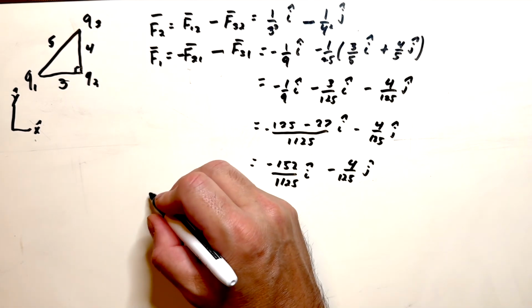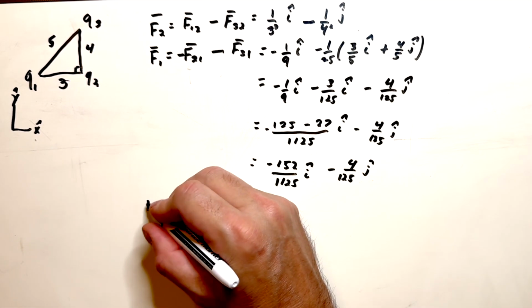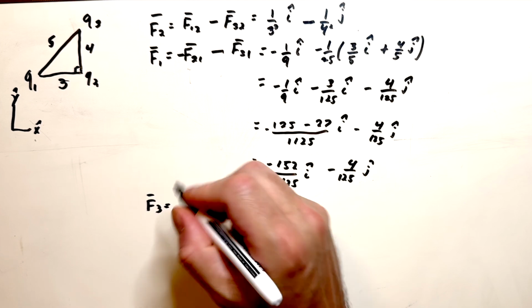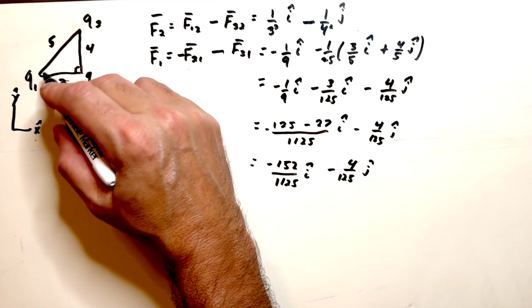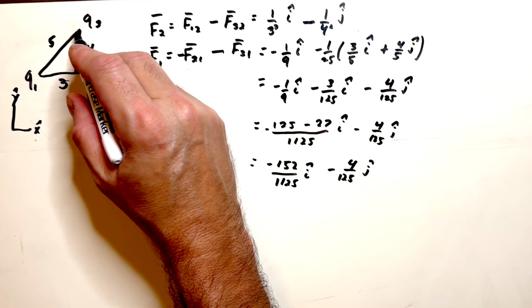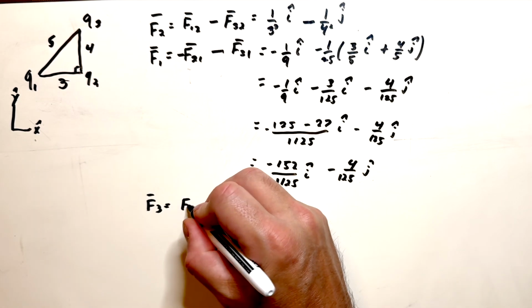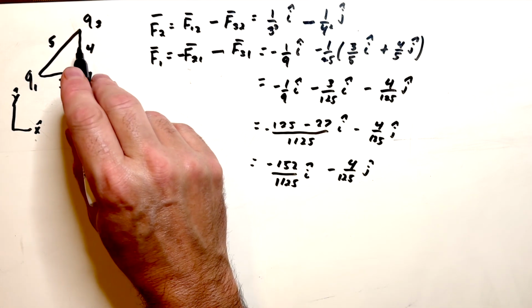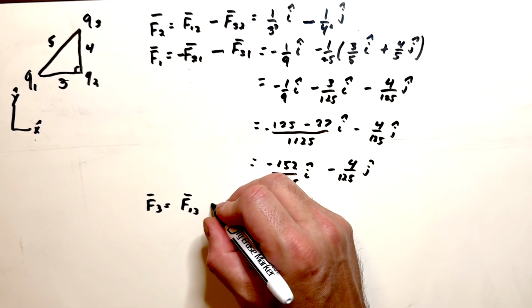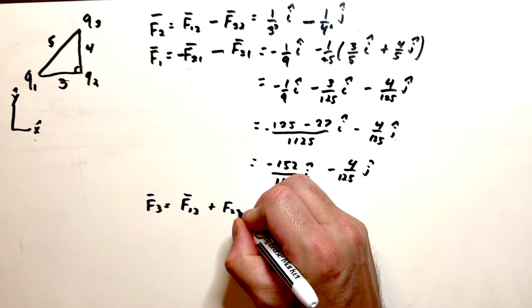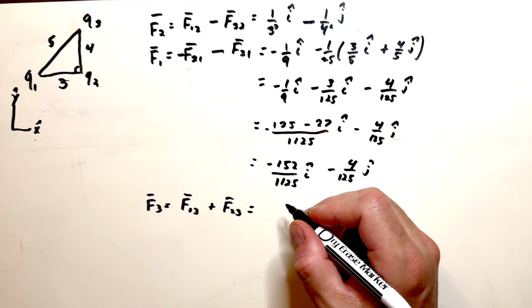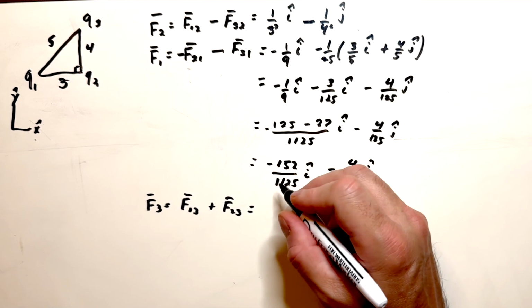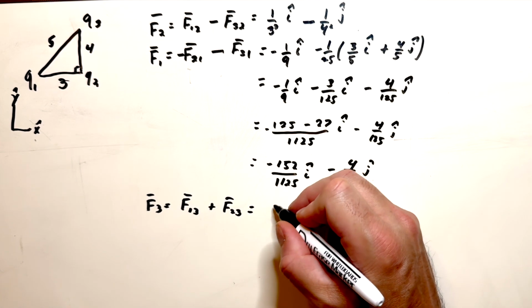F sub 3, the force on 3, is going to be very similar to what we did here. We'll set it up again. Force on 3, so first we'll take the force of 1 on 3. That's going to be in both the positive x and y direction, so we'll keep that positive. The force of 2 on 3 is also in the positive y direction, so we'll keep that positive. And so I'm not going to do all of the work on this, but you would start out with